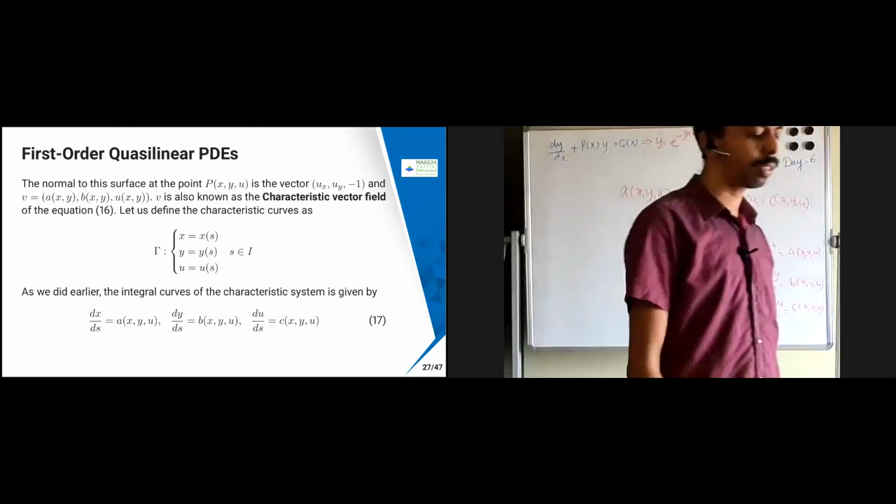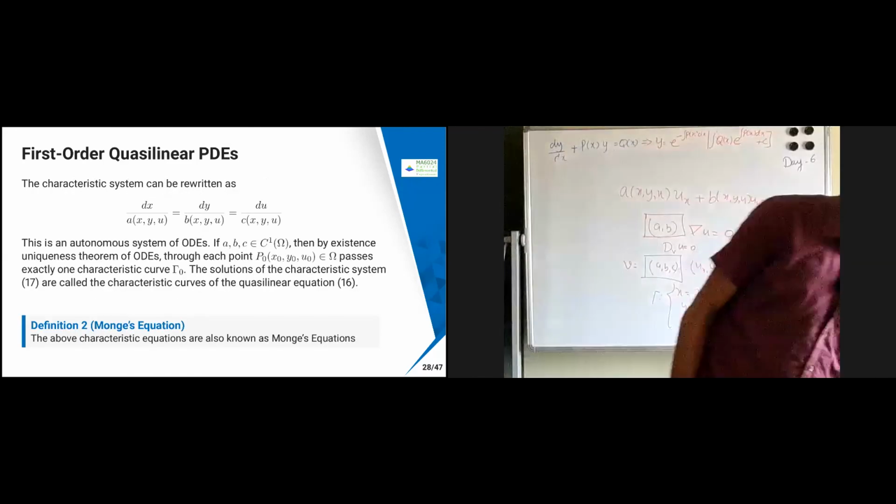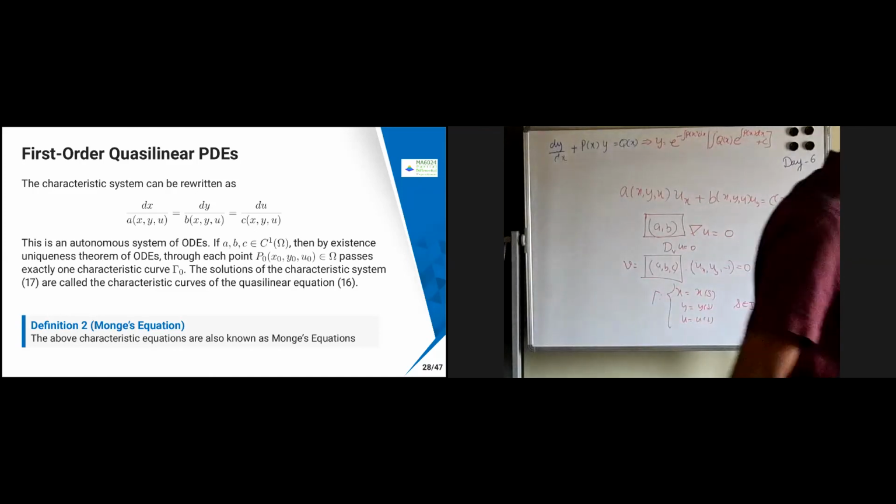Then you can use the same kind of setup that you had earlier. I think it's already time, so we'll see